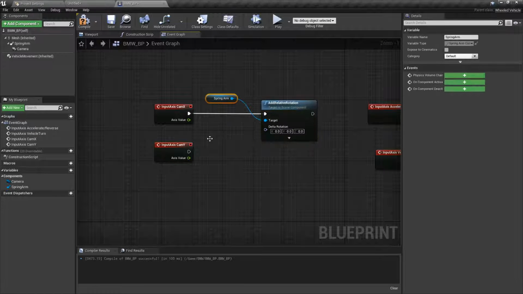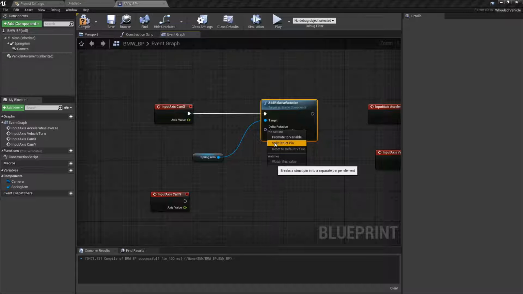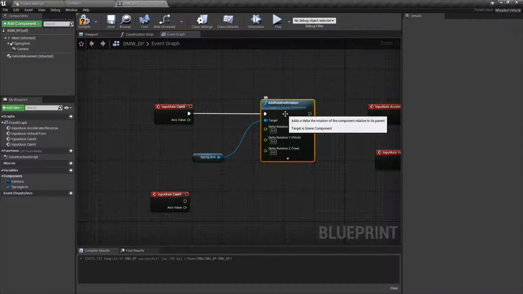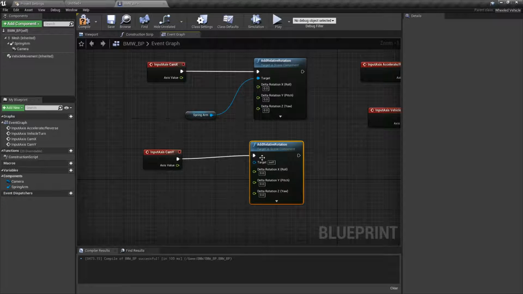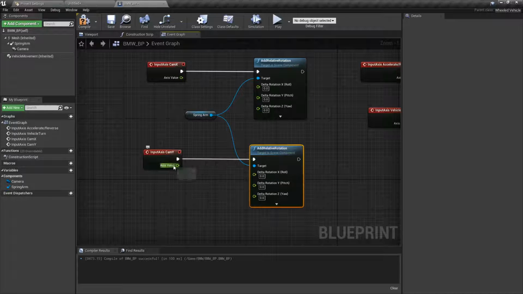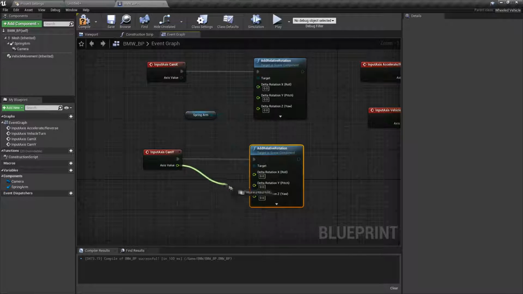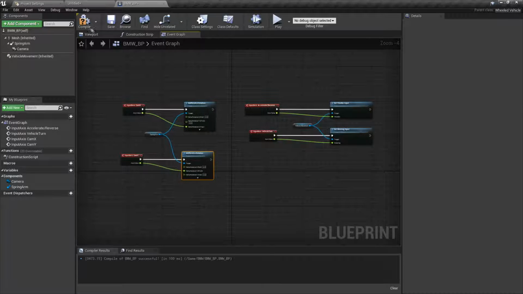And we're going to do the same by putting that in the middle. Let's drag this down because we need to right click this and do split struct pin, and then we can just copy that and paste it there. Connect that up, connect the spring arm up to the target. Happy days. And then the green of the Y goes into the Y node there, but the X goes down to the Z, and there you go.